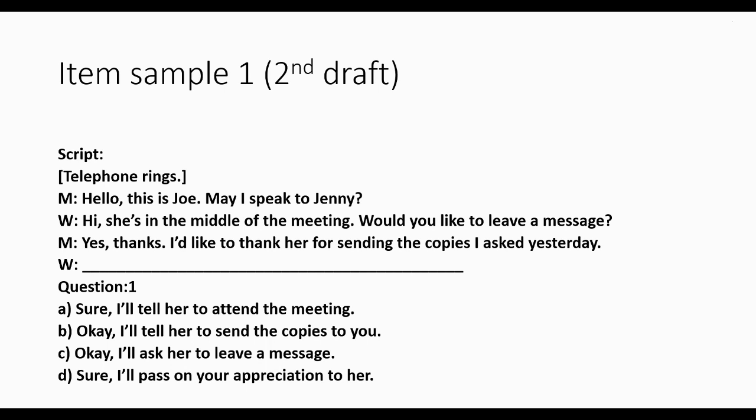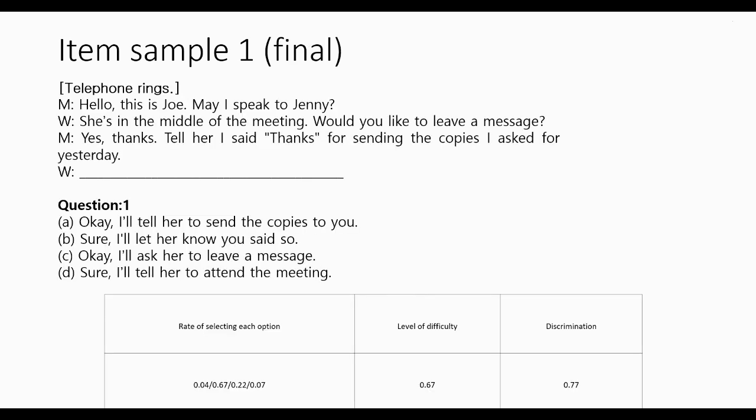And I'll just comment on this word appreciation now. It's the most complex word that we've got in this question. And if you have one complex word, and there aren't any complex words anywhere else, especially if you don't know what appreciation means, then you're likely to select that. This second draft wasn't accepted. It went back again to review, and it went through a third iteration, and the third iteration was considered to be much, much better. And here's the final sample, item sample 1, the final version, and this was considered to